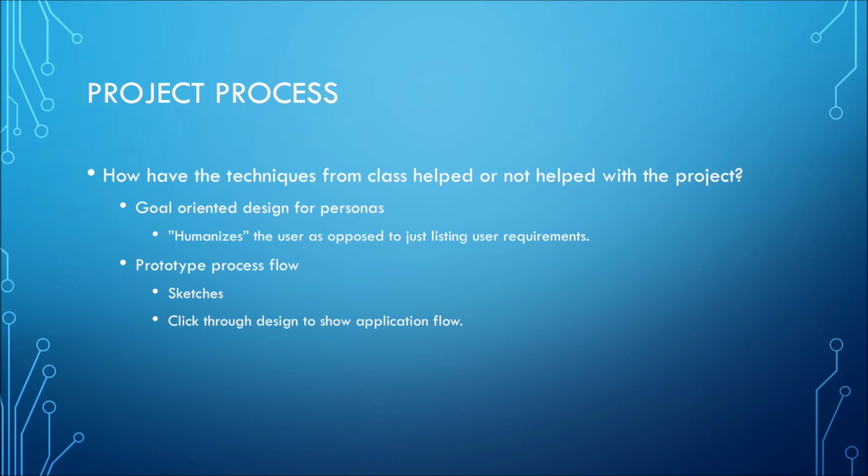There have been many techniques from the class material that have helped with completing this first iteration. One of the most important ones being goal-oriented design for personas. When you have goal-oriented design for a persona, it really humanizes the user as opposed to just listing the user requirements. You give this person a backstory, you give them goals that they want to accomplish while using your application, and that really helps with getting the design down and getting the requirements down for the user moving forward within the design process. Another important technique was the